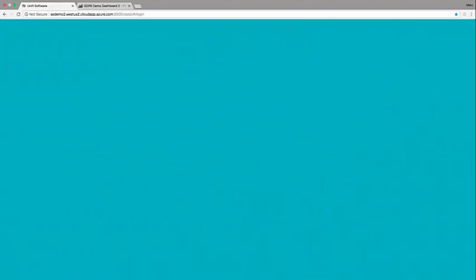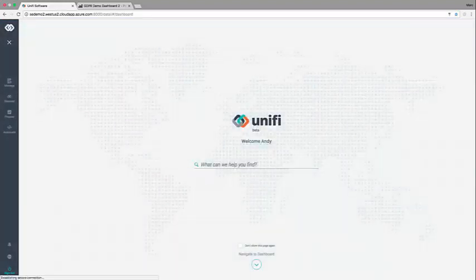The first thing I'll do is log into Unifi. And you'll notice the simplicity of the landing page. Very, very similar to what my first experience was when I used Google search. Very simplistic, single search box. Very similar in that, though, this provides me access as an analyst to all of the data assets across the entire organization. So what I'm going to do is just initiate an English language search.